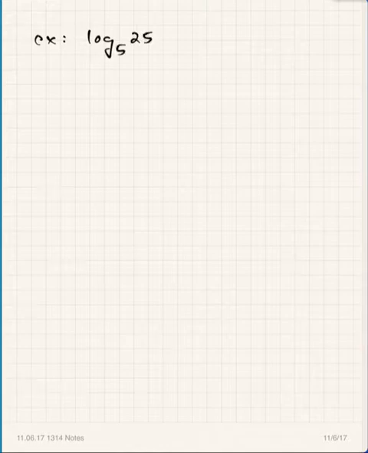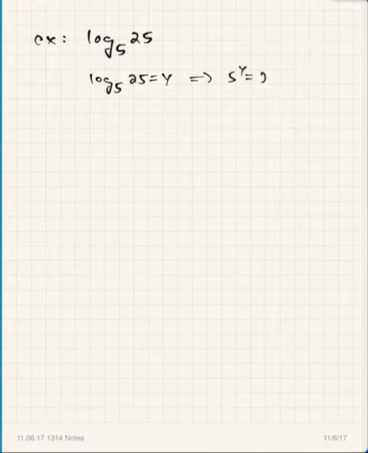All right, so let's look at some examples now. Let's explore that idea about what a logarithm represents. So logarithm base 5 of 25 would be, what is this? Let's write it out in exponential form first. Let's start with log base 5 of 25 and say that it's equal to y. Then the exponential form would be 5 to the y equals 25.